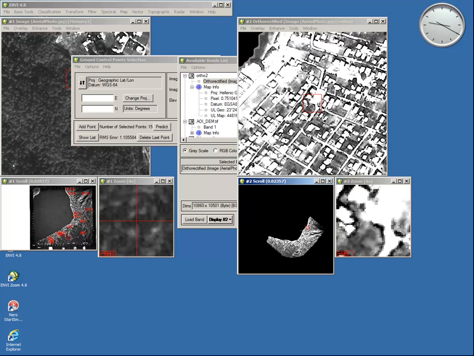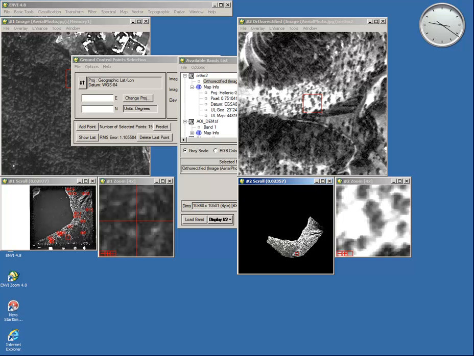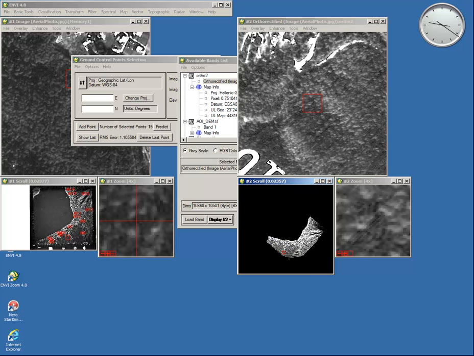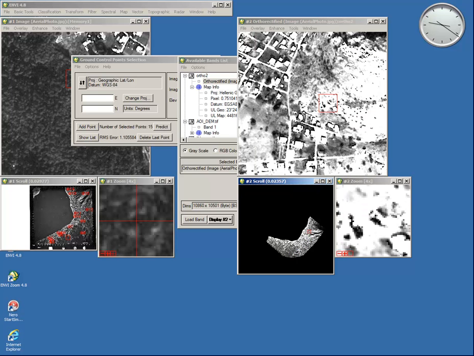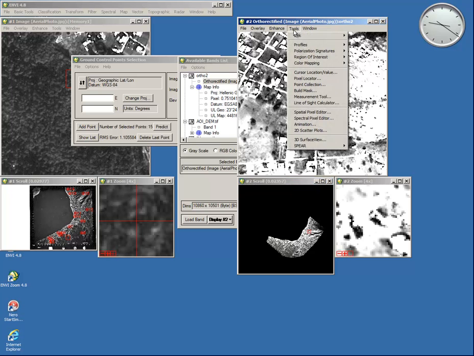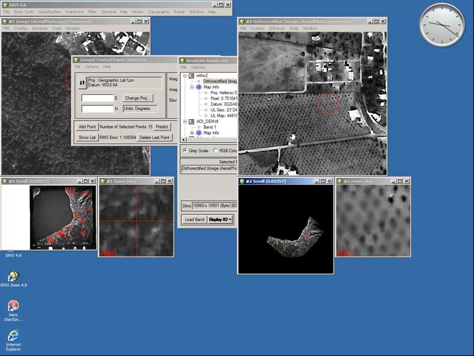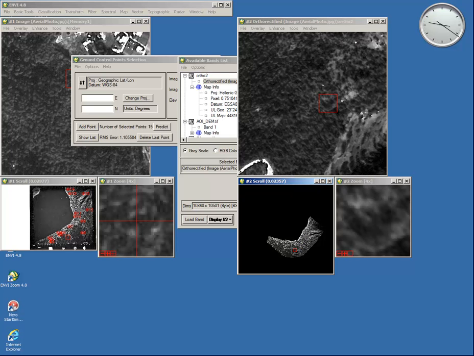As you can see now, the orthorectified image is cropped to the area of the digital elevation model. It's a little bit of enhancement,